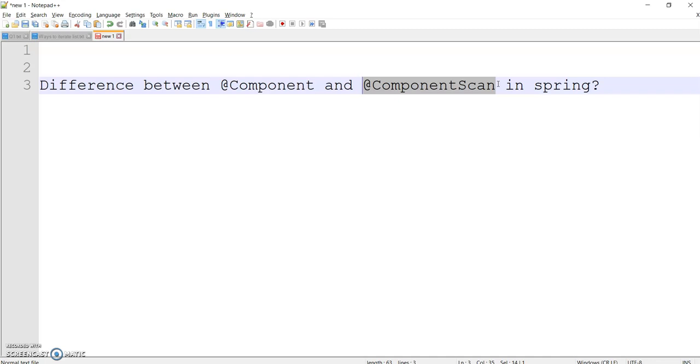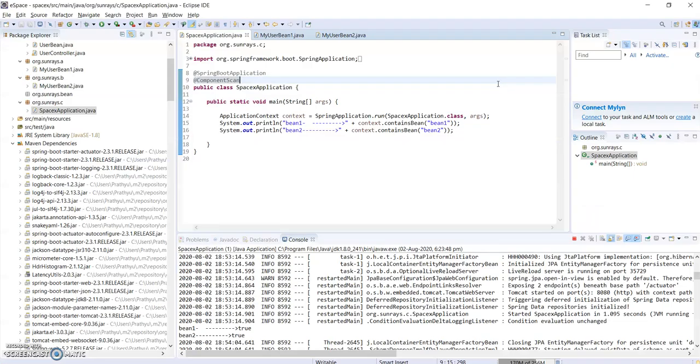The classes annotated with @Component or more specific annotations like @Service, @Repository or @Controller will be detected using component scan from those packages and get configured in Spring context. So we'll go to the application and we'll see with an example.